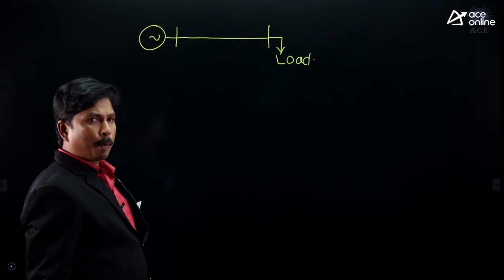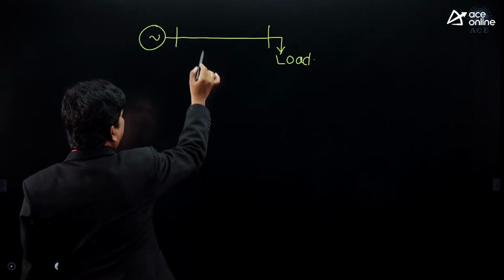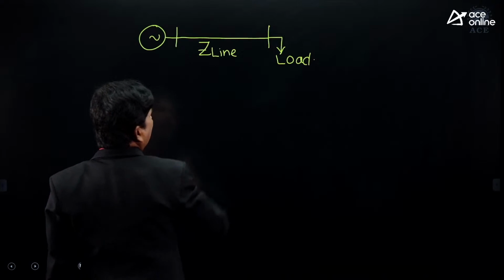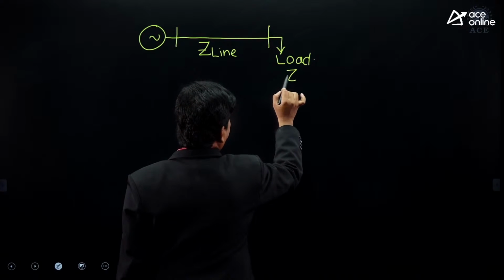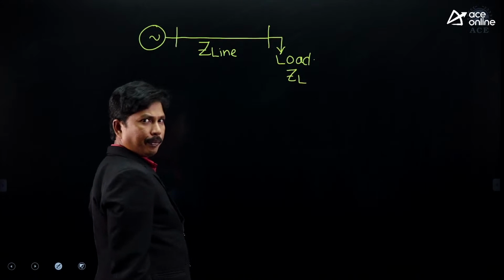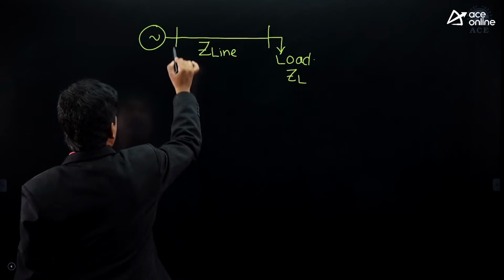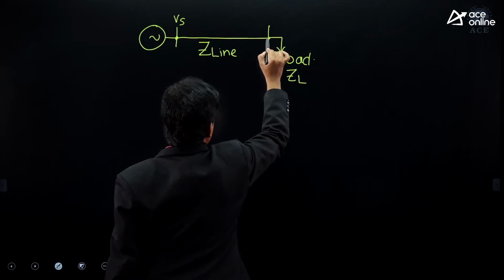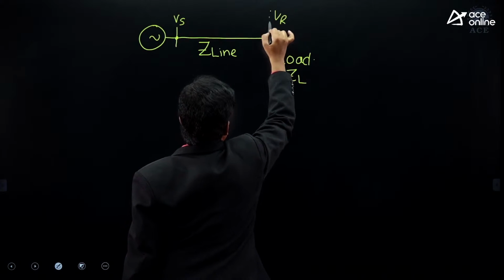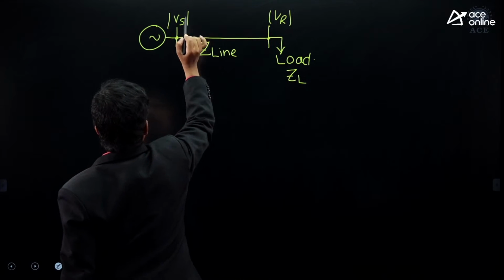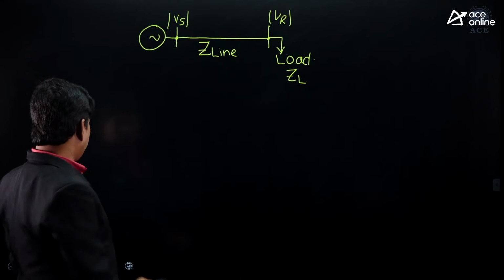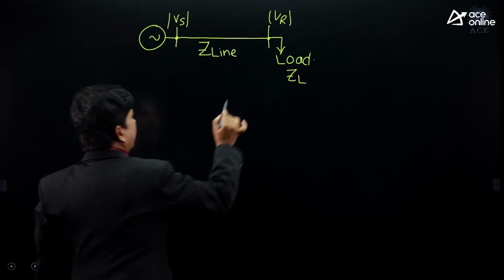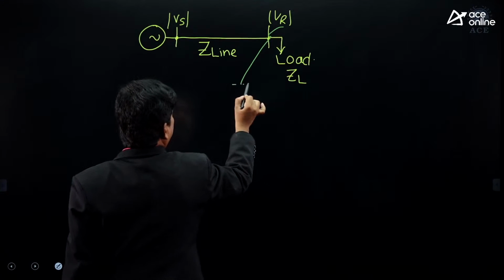For example, the line impedance is Z line and the load impedance is ZL. The sending end voltage is Vs and the receiving end voltage is VR in magnitudes. Whenever you have a short circuit fault at this location,